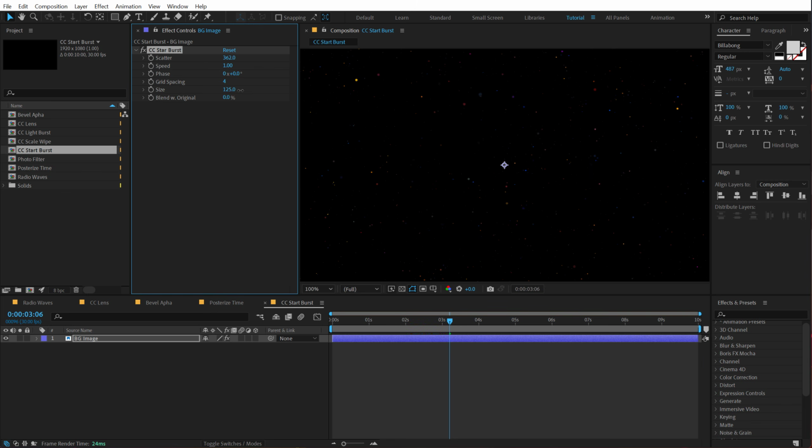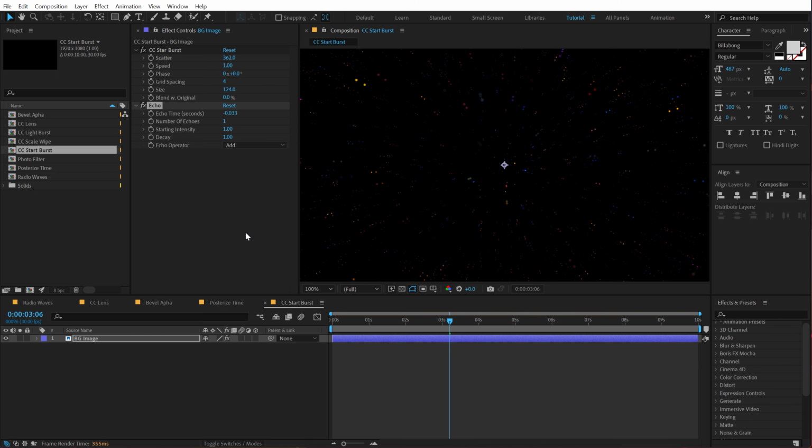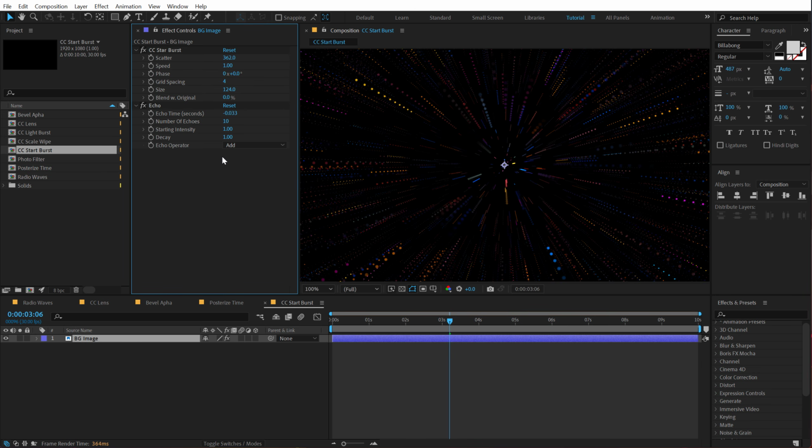But I can also increase the size if I want to, but what I like to do is combine this effect with another effect called echo. Now, whenever you're combining these two effects, make sure to just save your project because this is going to get really heavy. So I'm going to increase the echo count to 10, and let's set the echo time to